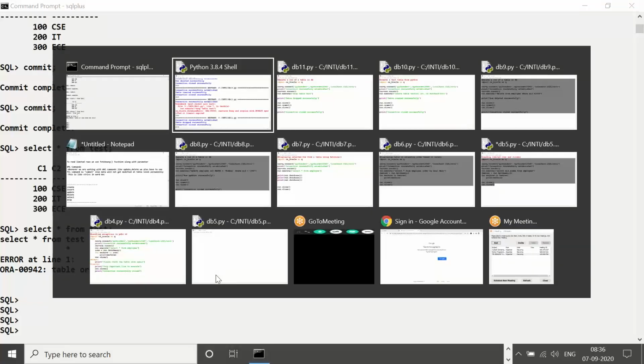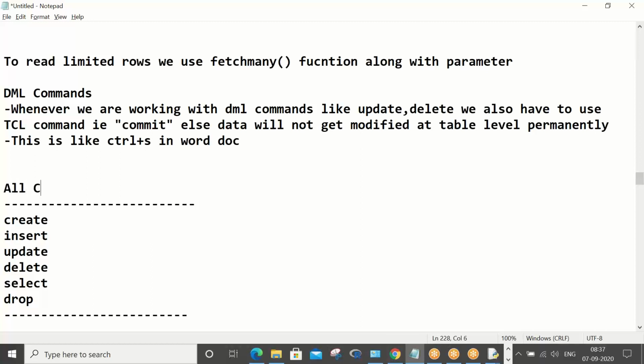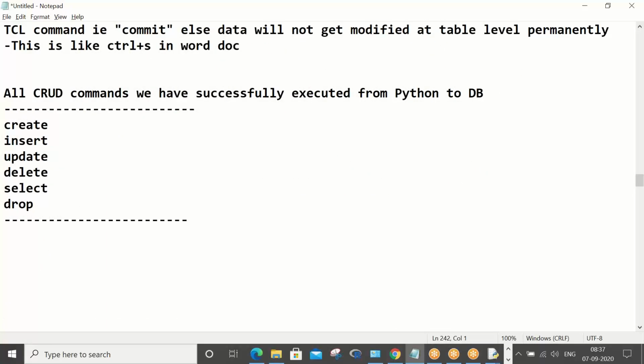So with this, all the CRUD commands we have successfully executed from Python to DB. So with this, your Python database connectivity concept is over.